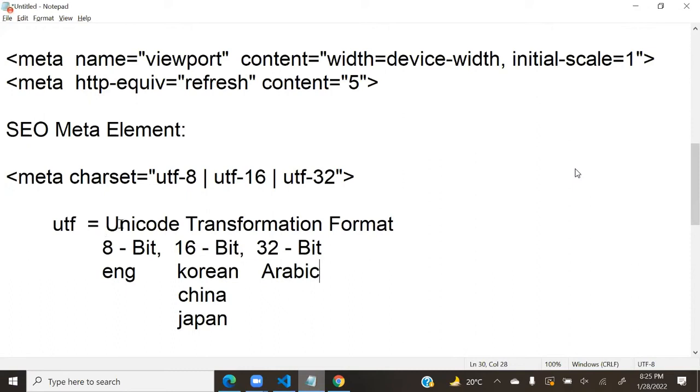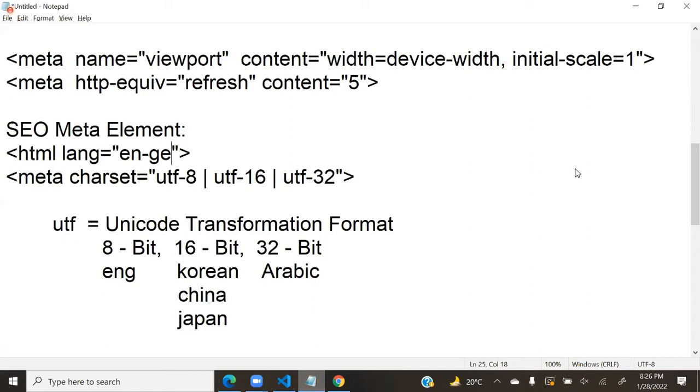For example, now tell me, if I have written HTML lang equal to English India, what should be the character set? 8-bit. If it is US, 8-bit. If it is German, English German, that will be 8-bit only.